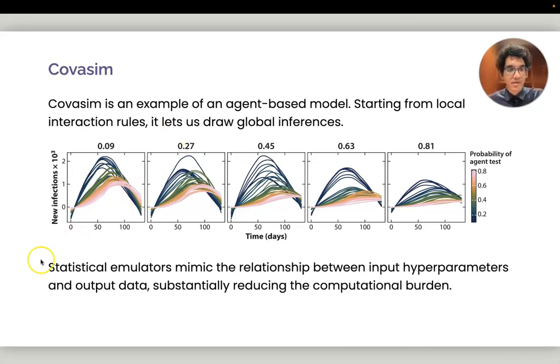So in this review article, we discussed different kinds of statistical emulators. The idea is you simulate many examples of these agent-based models. Then you learn a statistical approximation so that, given the mapping, starting from the parameters, you can approximate what the simulator would have given without actually having to run the full simulator, because these sorts of agent-based models can be very time-consuming to run.